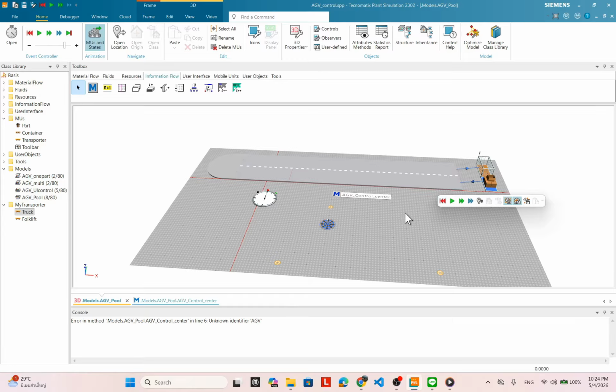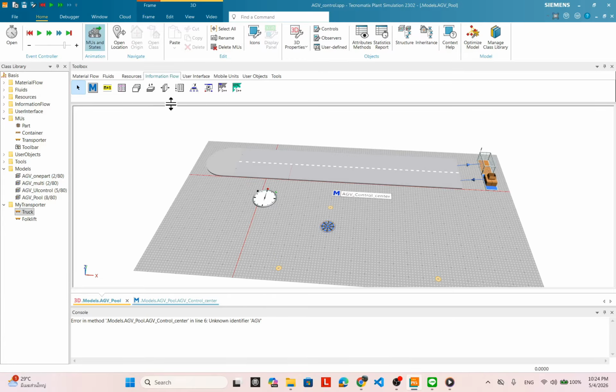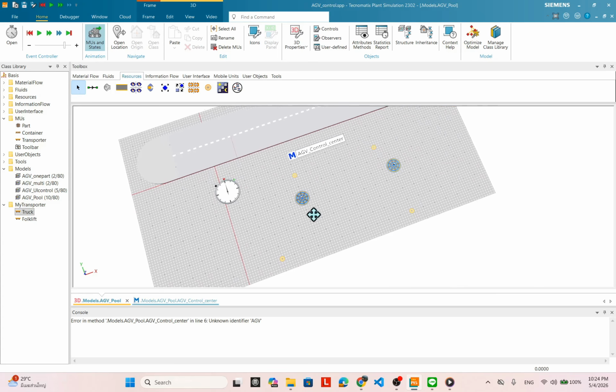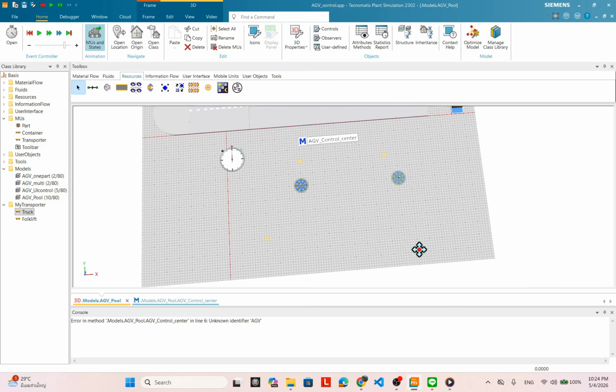Okay, I just reset and add one more AGV pool, this one, one more AGV pool position number three, right? Number three, this is number four, number four, and maybe this. Okay,